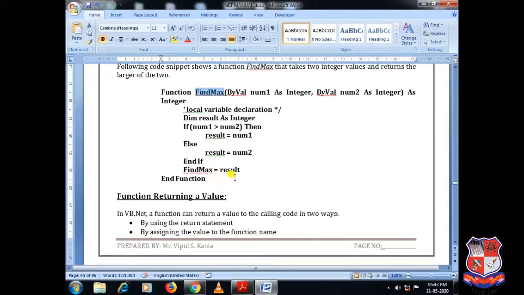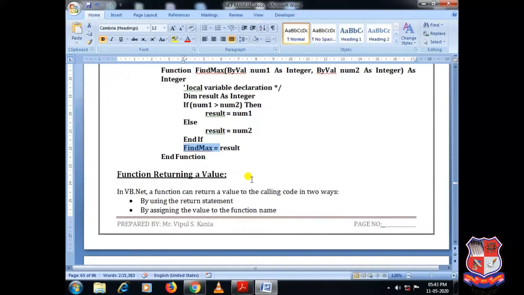Over here in this example, I have not written a return statement. Instead of that, I have assigned my result into the variable name similar to my function name. That is why I have not written a return statement. Okay, but if you want to write, you can simply write Return result. They both will be same.